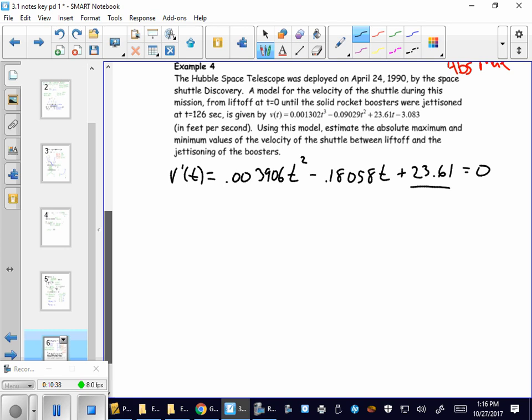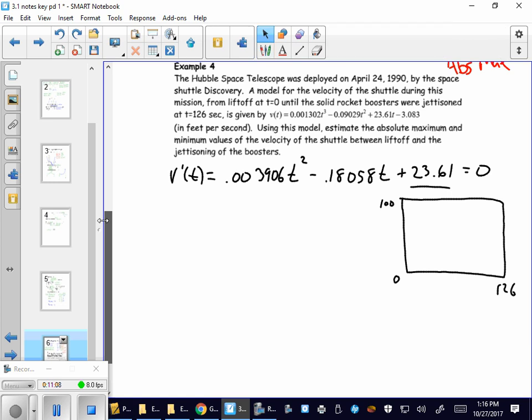make your y maximum relatively high. I think if you go as high as like 60 or 70, I think you can see the whole thing. 100 definitely for sure. You'll see the entire velocity graph between 0 and 126. Now, because I don't have the aid of the calculator here, I'm going to show you what it kind of looks like. If you're looking at your window of your calculator, I believe that if you go from, like, this is 0 to 100 and that's 0 to 126, it looks something like this,